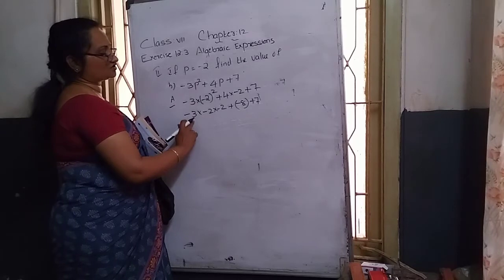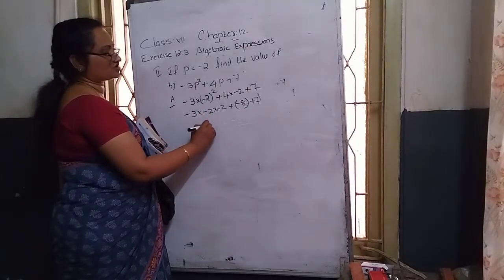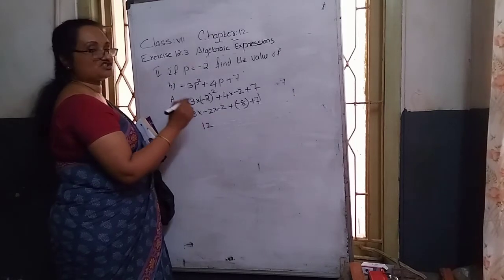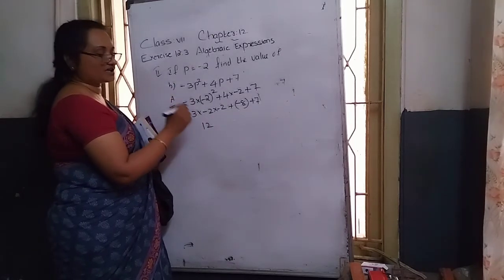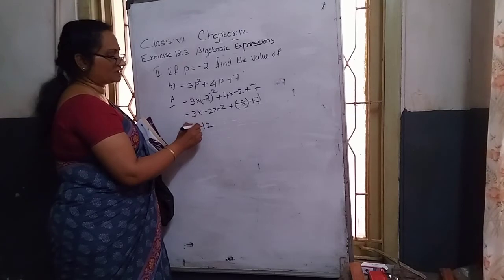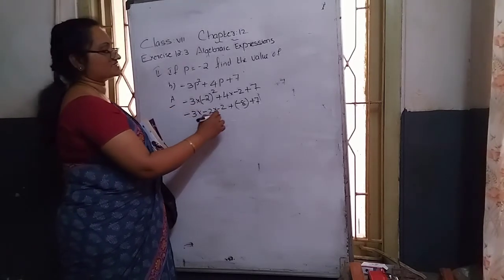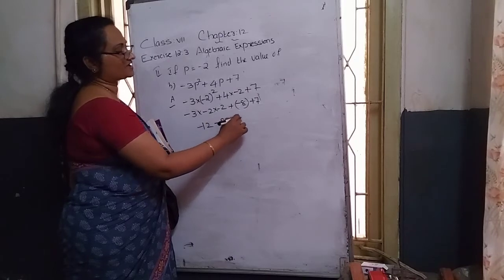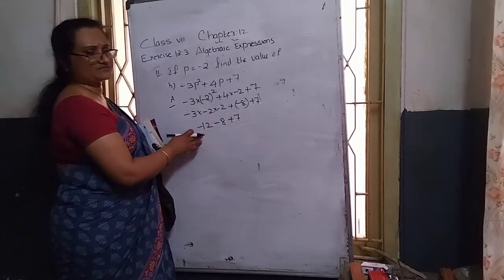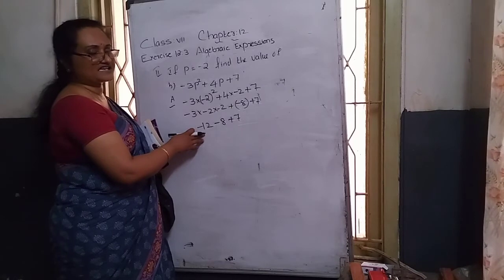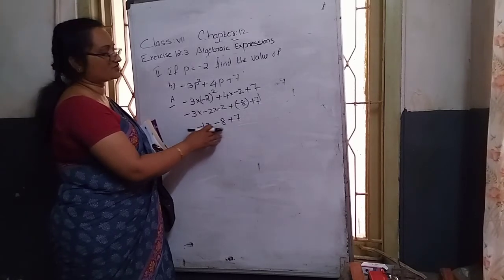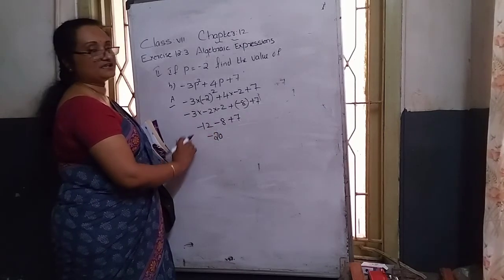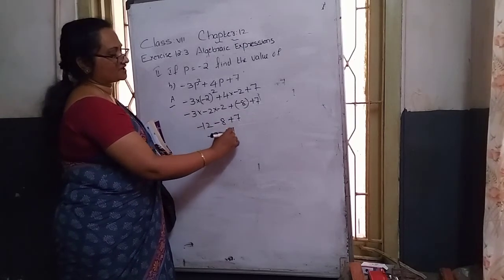Again the first term: 3 2s are 6, 6 2s are how much? 12. Here how many times is the negative symbol repeated? 3 times. 3 times means odd or even? Odd number case, we get a negative answer. Then plus of minus changes to minus 8. The last term becomes plus 7. Looking at the first two terms, both have the same sign, only negative. That's why first we add 12 plus 8 comes to be 20, and the same sign is kept there. Plus the last term 7.